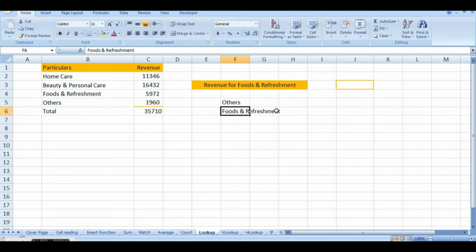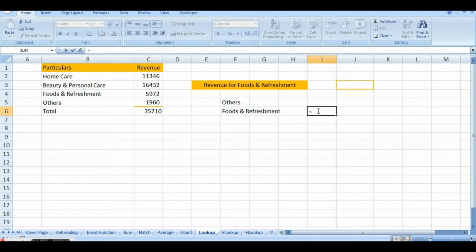Now if this had been big data and I want to find out the value for others and foods and refreshment out of it, using the lookup function you can find it out.